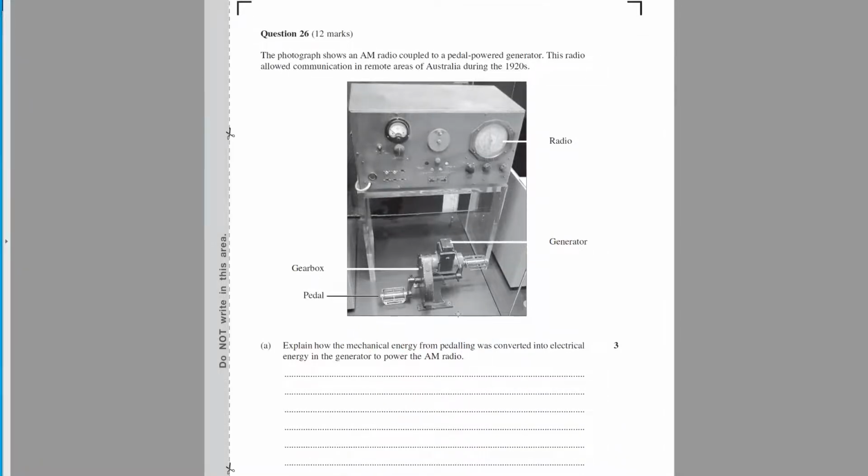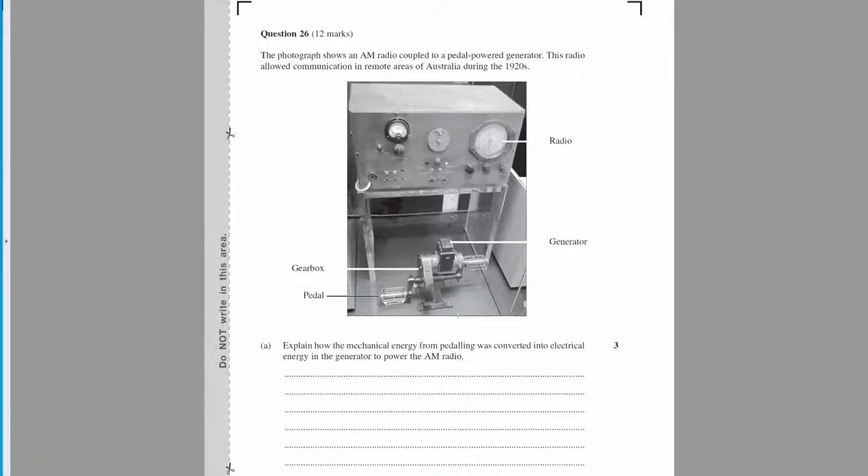An interesting question here. Explain how mechanical energy from pedaling was used to make electricity. Basically, the idea of movements plus magnets equals electricity. You can't write that. If I literally saw that in a HSC question, movements plus magnets equals electricity, I'd give you 1 mark. Let's say if you explained it a little bit more carefully and you said that the movement of the pedals turns a generator, and that generator reacts with a motor and creates electricity, I might give you 3 marks straight away. Okay, the thing we're looking for here is